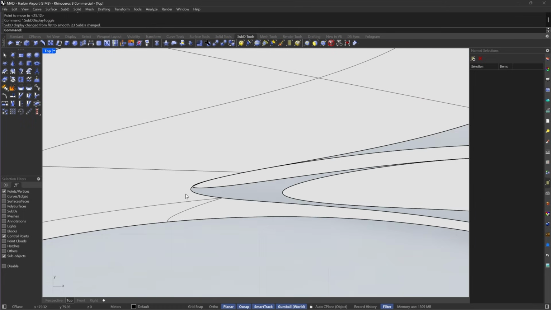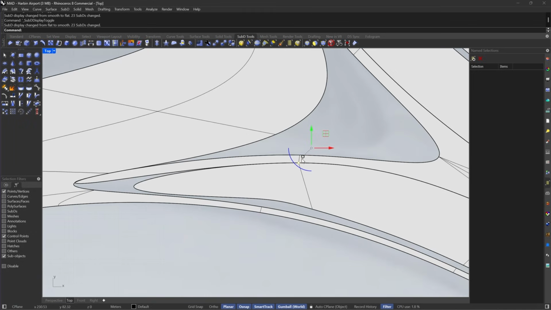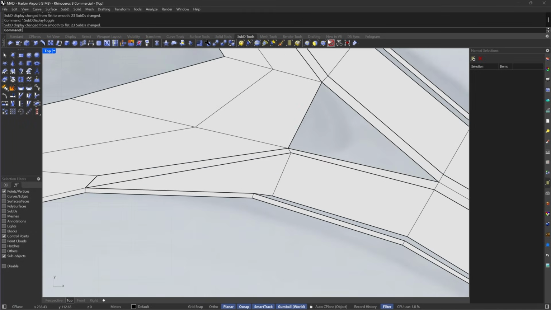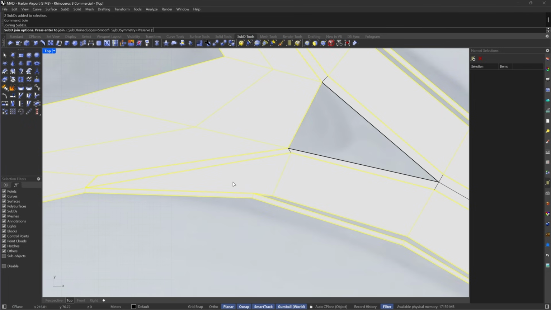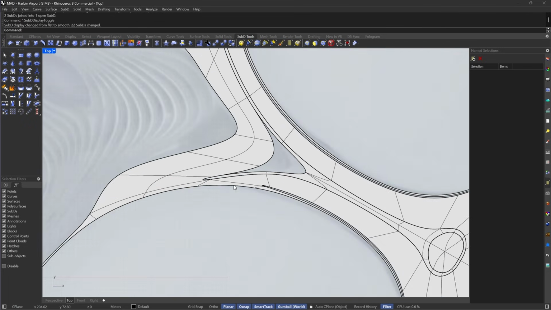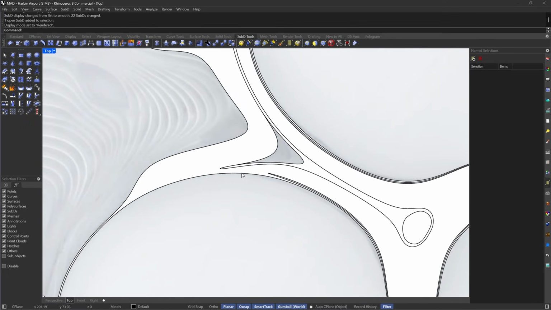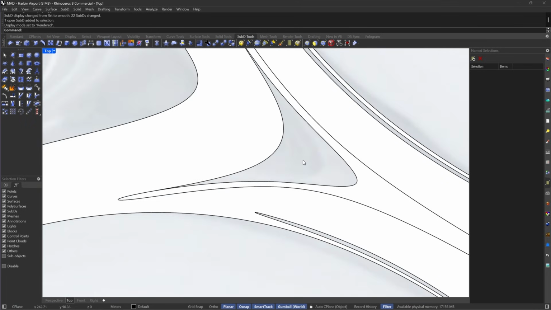Maybe this is a good idea or not, I'm not 100% sure, but it's better than what we have originally. And maybe in this case we can just either stitch this element right here, or just keep it like that, because right now I can simply select these two SubD elements, and then join and smooth, and I should have some kind of movement starting from here. Let's go to the render and look at it. So this will start from here and then go all the way to the other side,